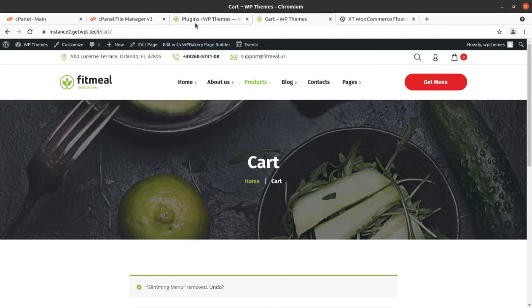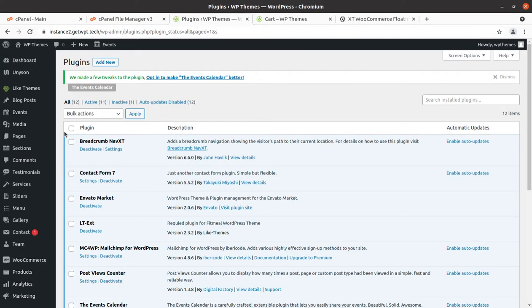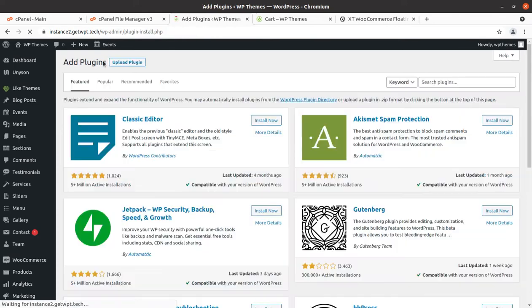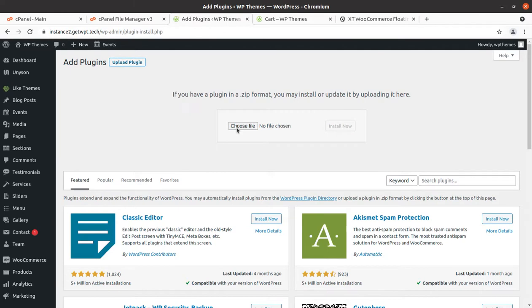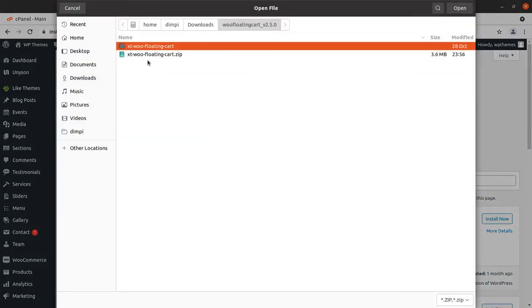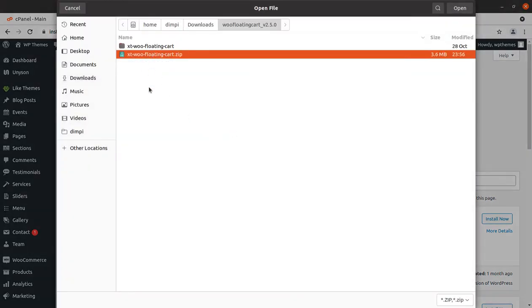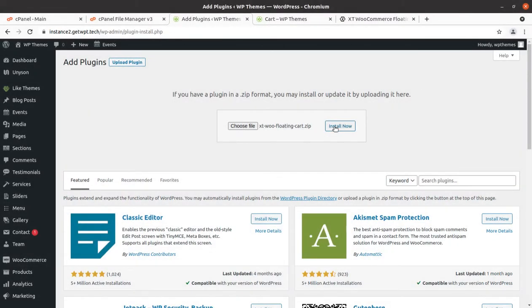I'll go to plugins on this demo site, click add new and upload plugin, choose file, choose the xt floating cart zip and click open. Installing the plugin now.